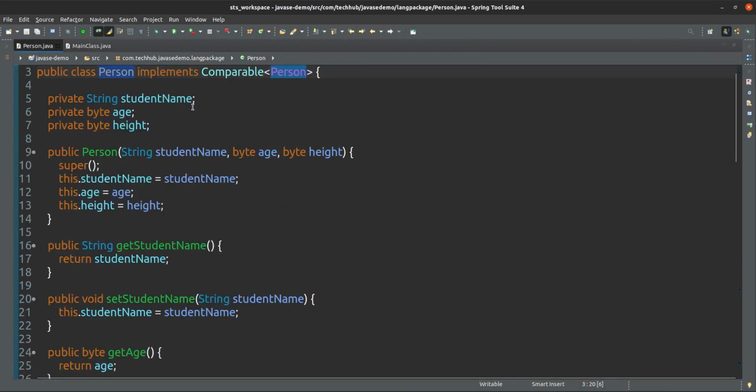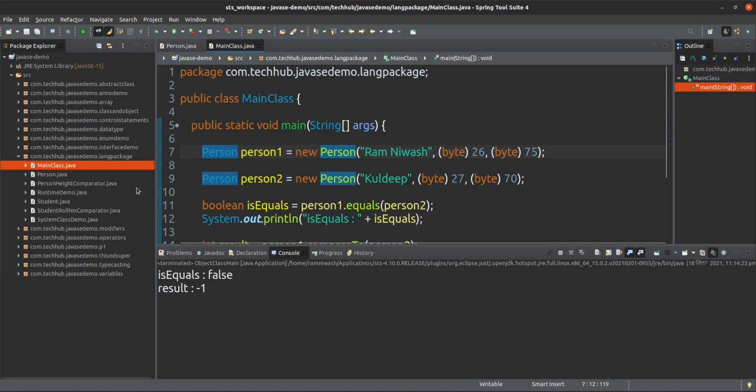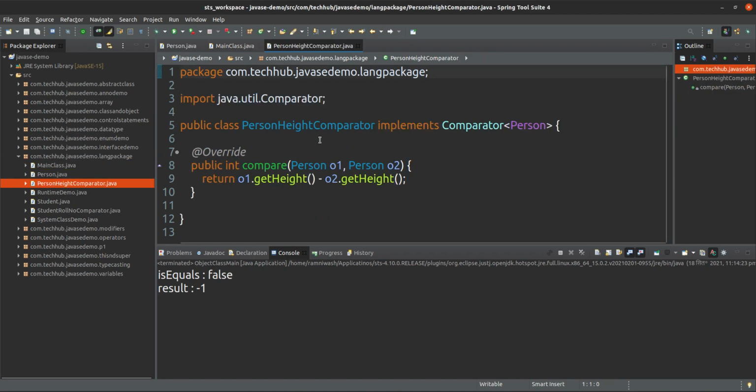Either you can compare with height or with age, but for some other requirement you have to give the implementation in some other class, which I have given as PersonHeightComparator. With age we have already compared using Comparable, sorry.